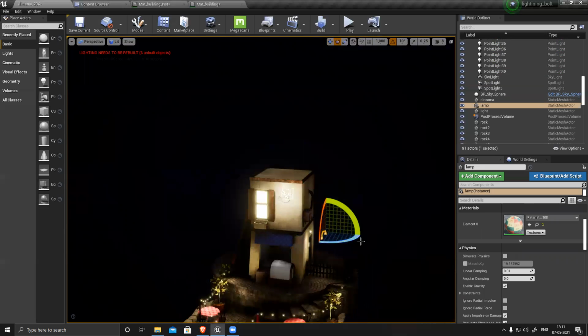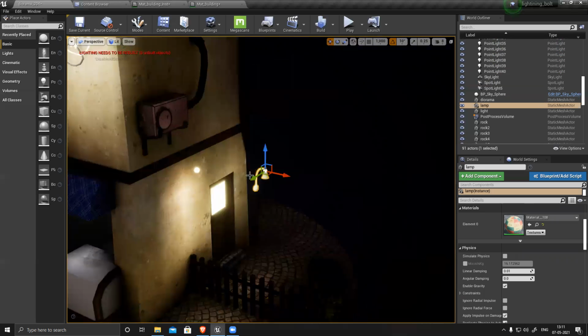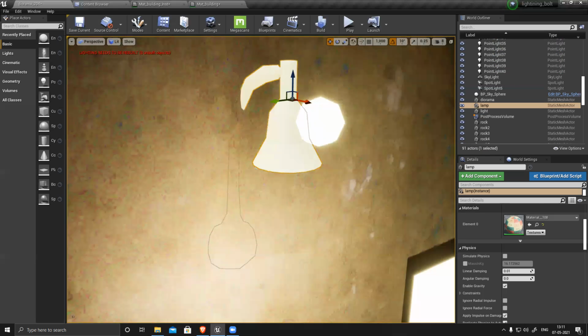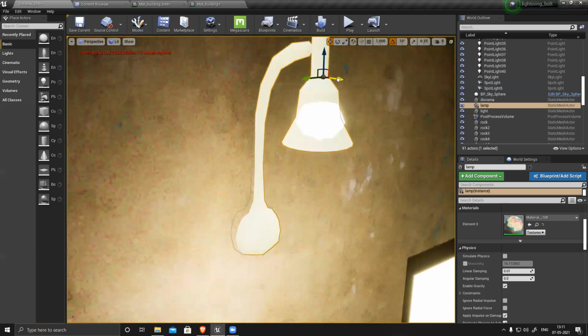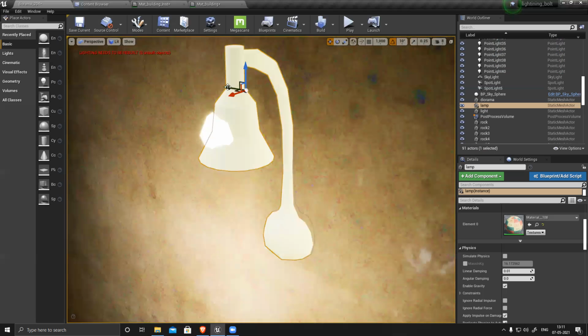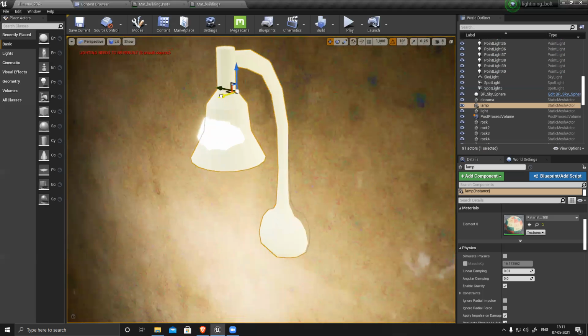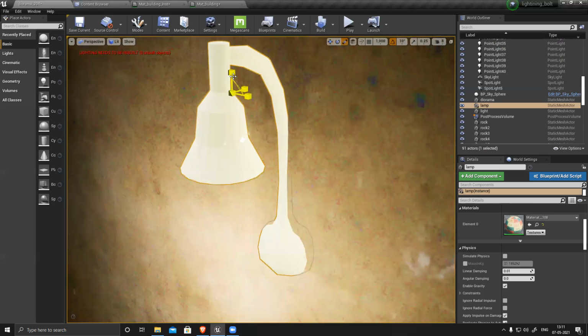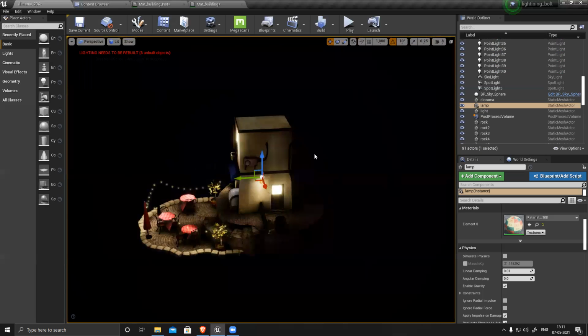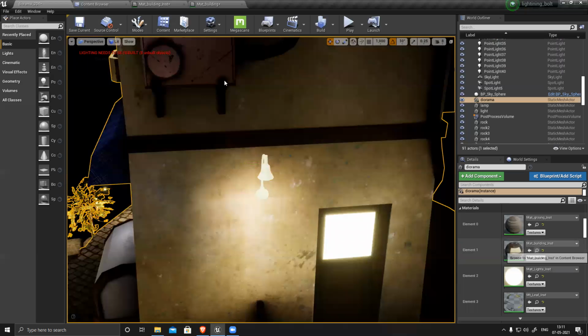Actually, if everything is correct, this texture, where it is here, select this one, apply.